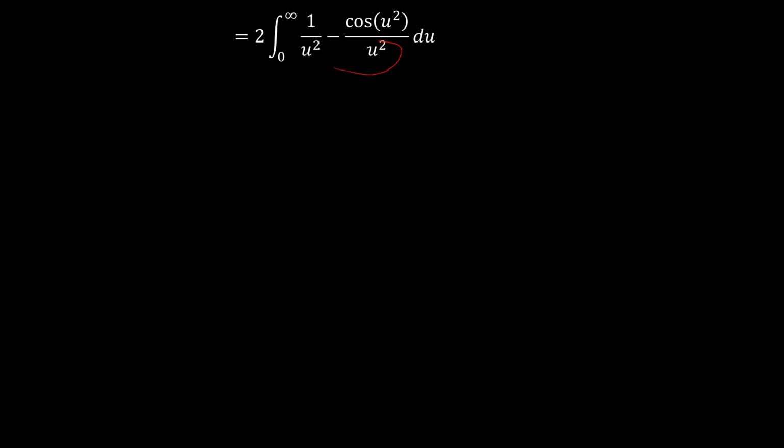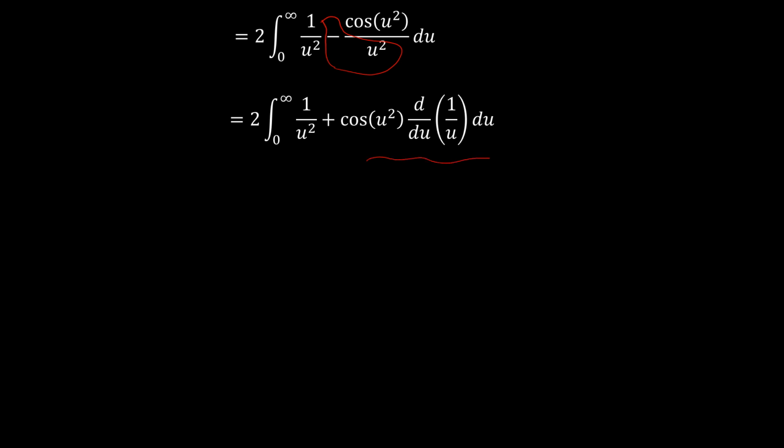of 1 over u squared as the derivative of 1 over u, right? And so using integration by parts for this portion here, we can say the integral of capital U dv is equal to uv minus the integral of v dU. And for this part, since our v is 1 over u, the product uv is going to be